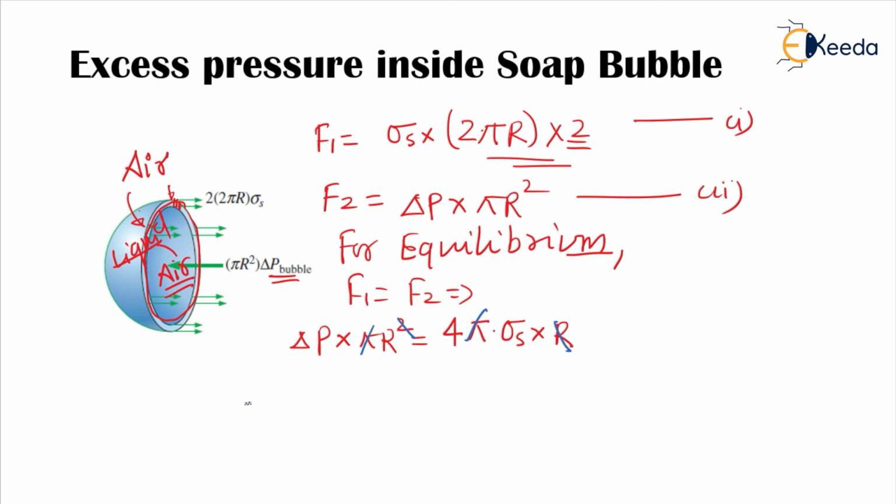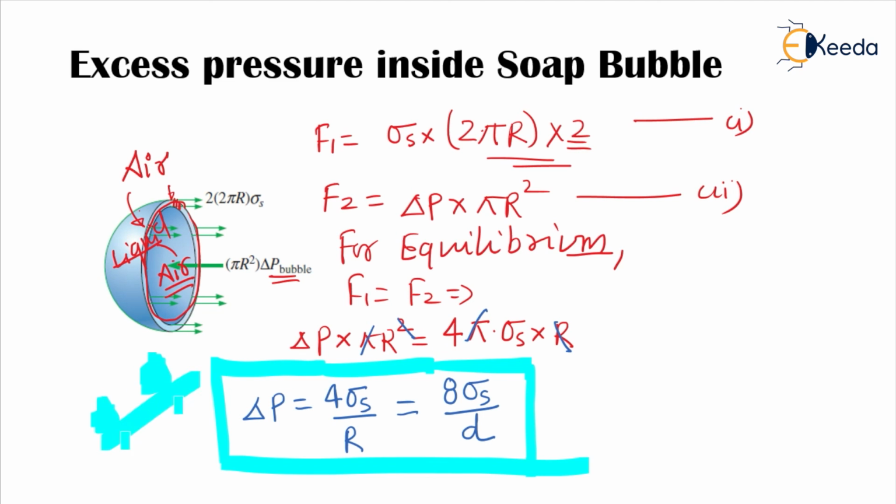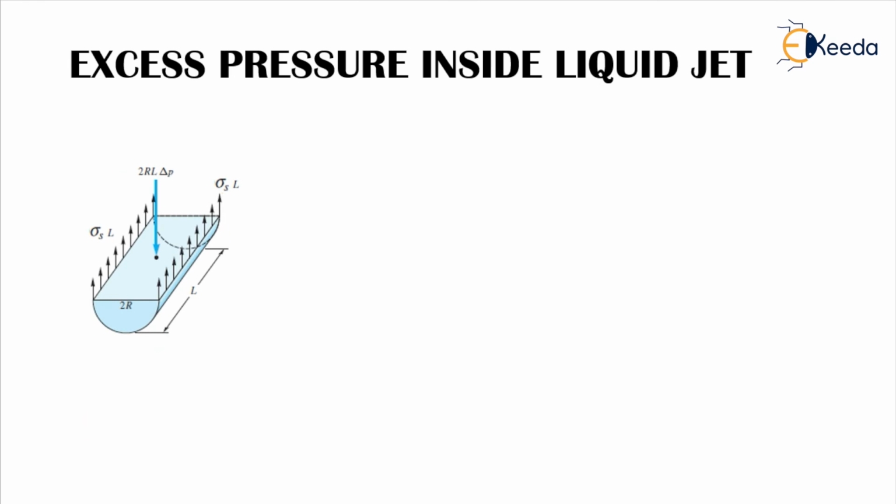So we can write delta P is equal to 4 sigma s by r, which can also be given as 8 sigma s by d. Remember this, that the expression can be given in terms of radius or in terms of diameter, both. So this is also important. You should keep this. Next, moving on to the excess pressure inside a liquid jet. As you can see here, the surface in contact,